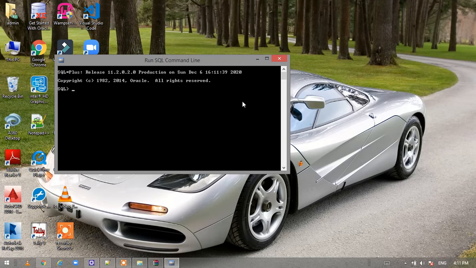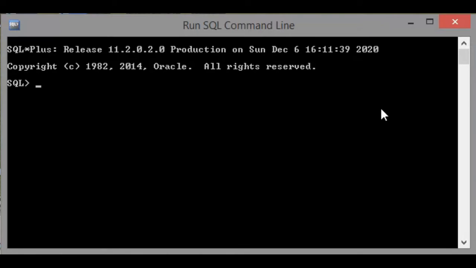So we'll try to connect to them. For that you just need to type connect system / the password you would have given. And we click enter. So it says connected. It means the server is up and running.